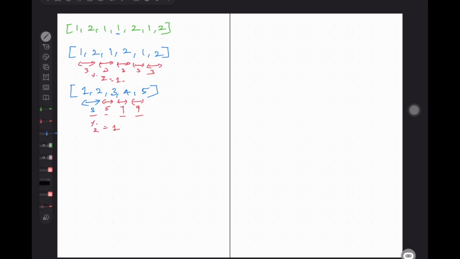Let's take another example, which is 1 2 1 3 1 1 2 3 2 1 1 1. Here we will be getting two valid ones, which is 1 2 1 2 1.